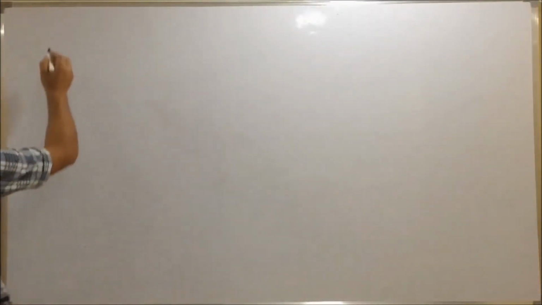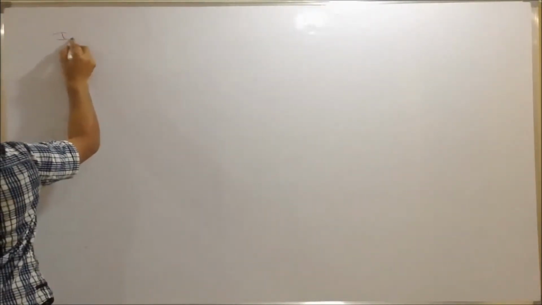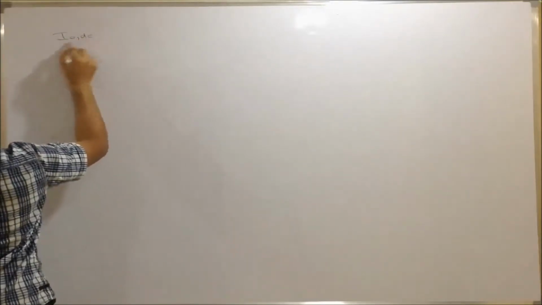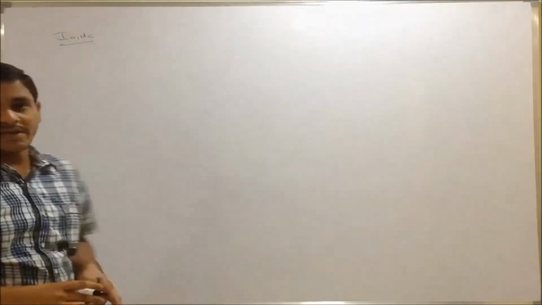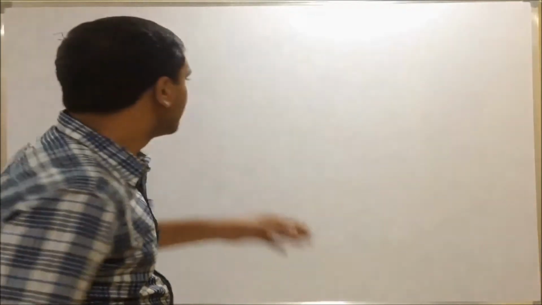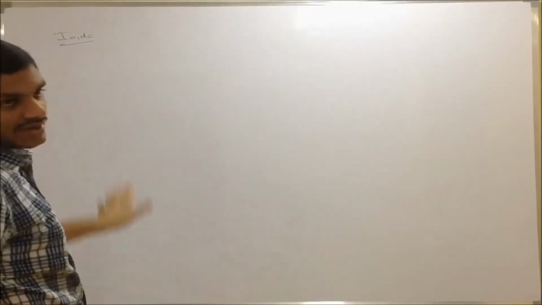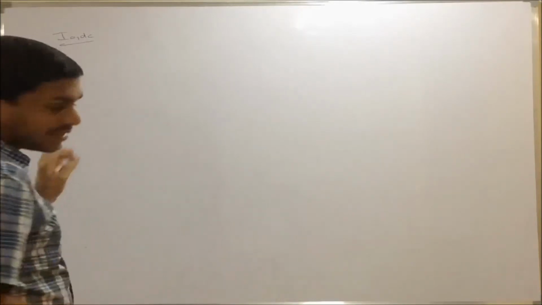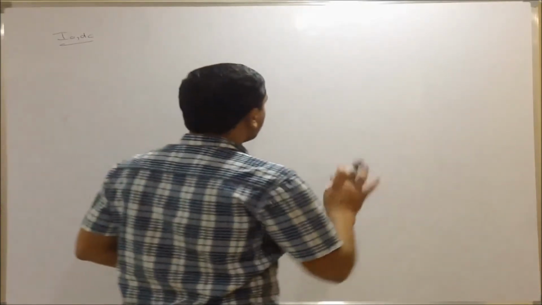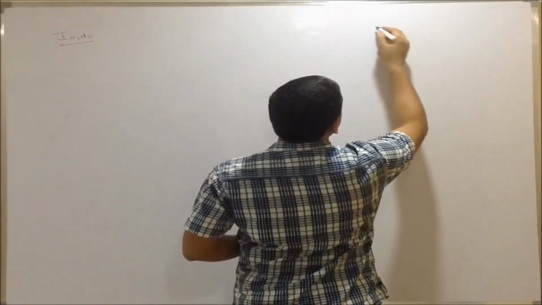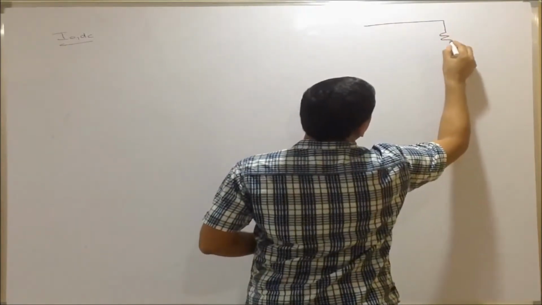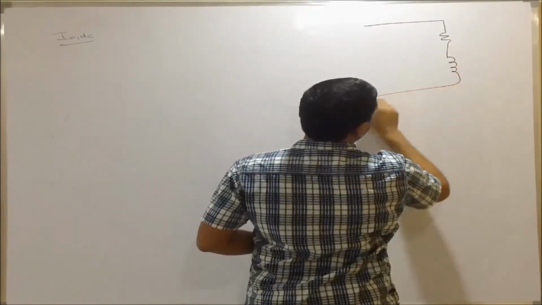Now I want to calculate the I naught DC. Because this is very important. Many times I have to calculate the I naught DC or V naught DC. This is same as the RL load. Now we are discussing RL with freewheeling diode. But this case is similar to the RL load that we have already discussed. But I will tell you again, because this is very important.